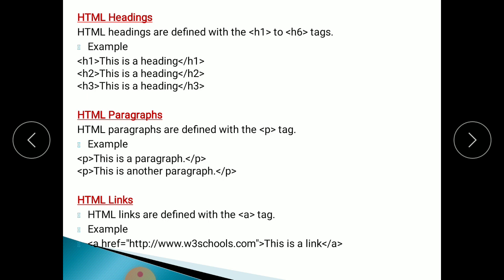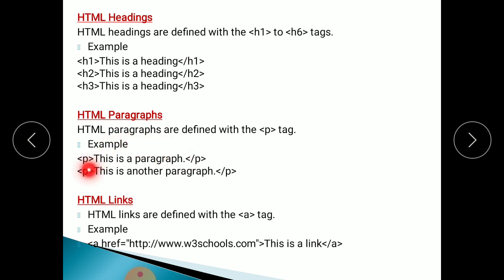Then HTML paragraphs. If you want to write any paragraph in your program, HTML paragraphs are defined with P. P is the tag for paragraph. Using the angle brackets, write P. For example, see here, we'll see the example. P, this is a paragraph. Whatever paragraph you want to write, you should type here.